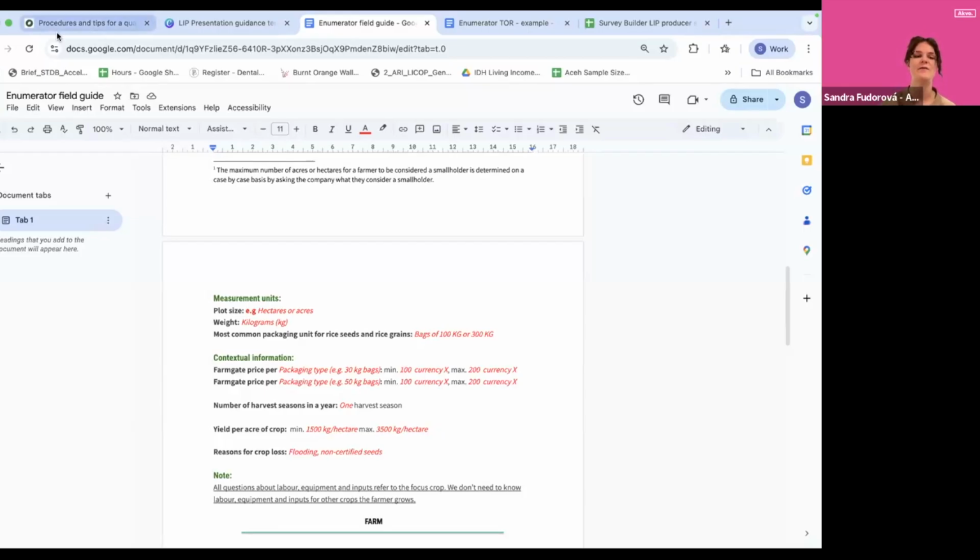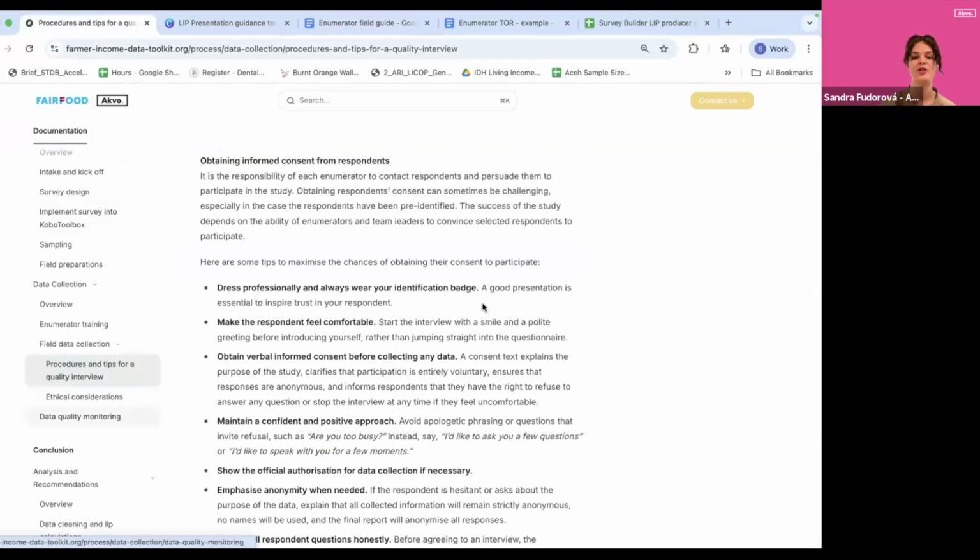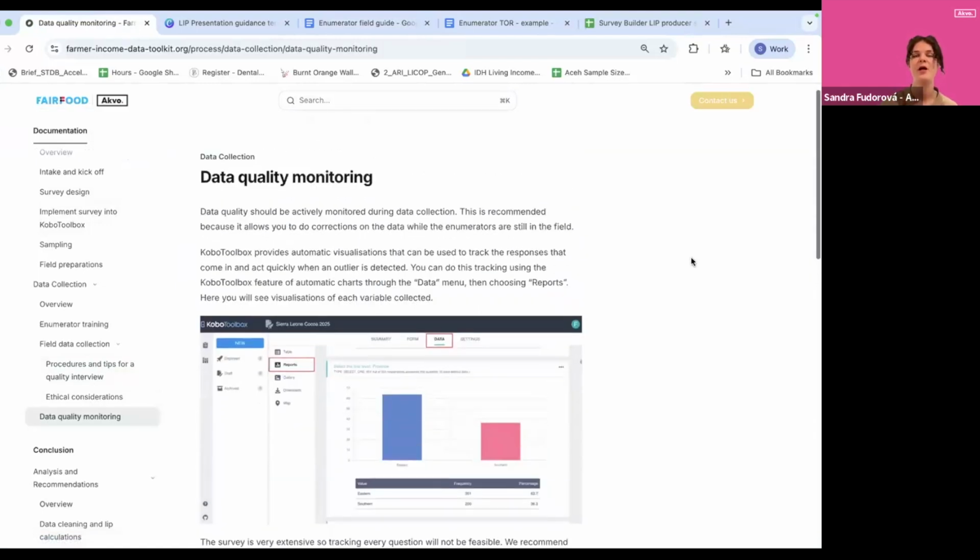Another part that is really important during data collection is your data quality monitoring. So on a daily basis, you will see a specific number of entries come back into whatever platform you're collecting through, for example, Kobo Toolbox. And what we see is that your best chance at getting clean and good data is correcting the data as closely to when it was collected. And that might mean calling the farmers back up through the phone contact that they left and checking in about certain values that might seem off or incorrect. Or it might also mean communicating with your enumerators.